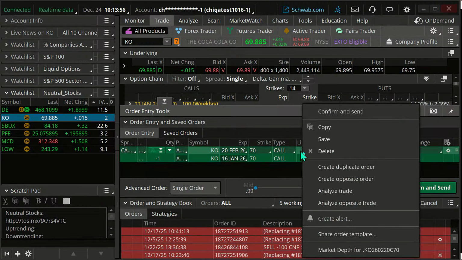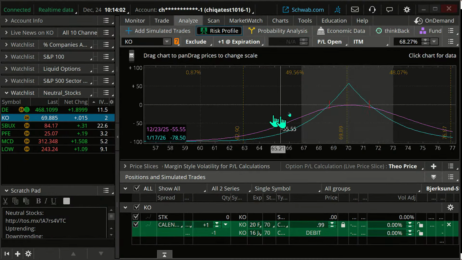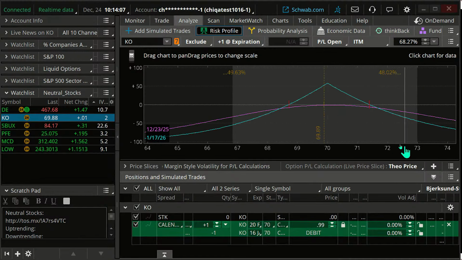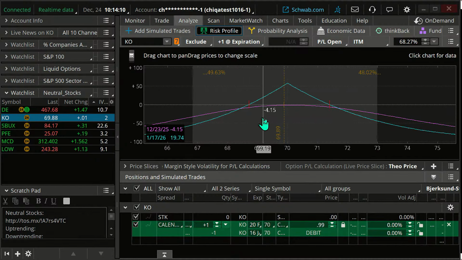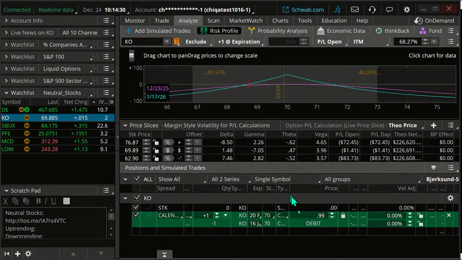Okay, I can analyze this trade if I want to look at it. I can go to risk profile, and let me just move this in here. And there's my calendar spread. Vega positive trade. If I go to price slices, look at the current price slice, there's my positive Vega trade. My theta is positive. Time decay's helping me out on that. I can do that trade. What's my max risk on a calendar spread? The debit. So about $100 on this. Let me unlink that. About $100 on that trade.